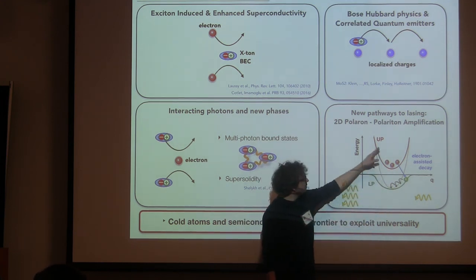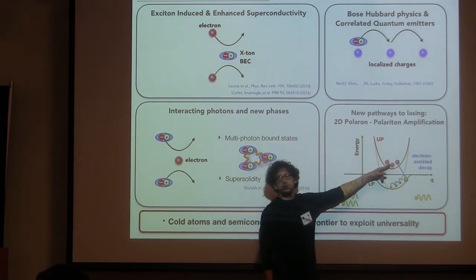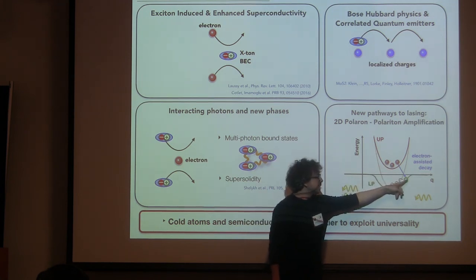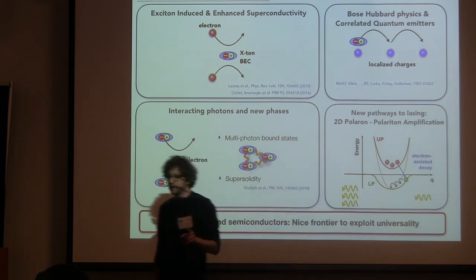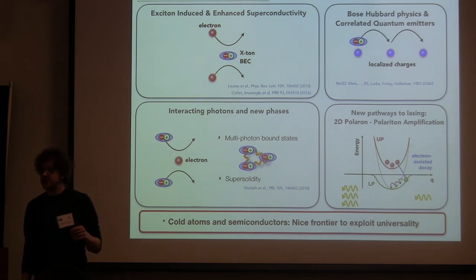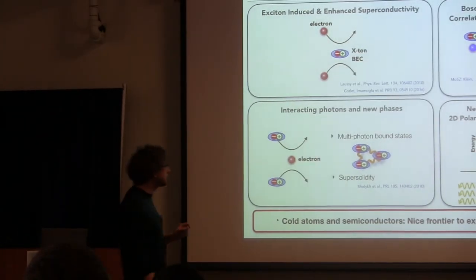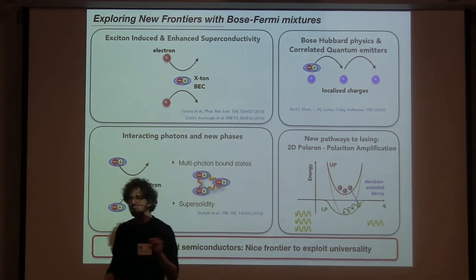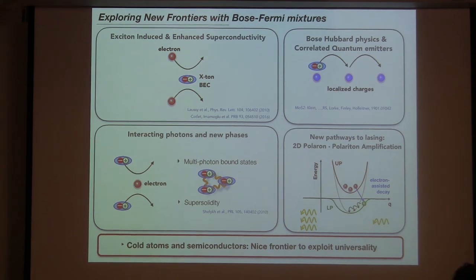Then we have an upper polariton and a lower polariton, and the goal is to send in a pump pulse and create a lot of upper polaritons. They decay to the lower polariton branch, and to get lasing they all must go to a condensate state at Q equals 0. Now, this cooling is done typically by, for instance, exciton-exciton interactions or interactions with phonons. The problem with 2D materials is that you have to cool those excitons, and the excitons are so tightly bound that they don't interact much with each other. So there's not much self-cooling of the system.